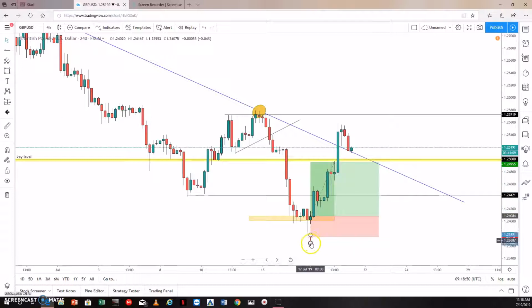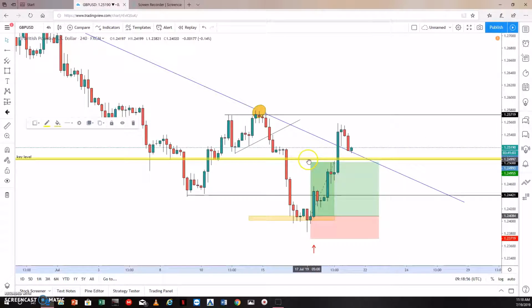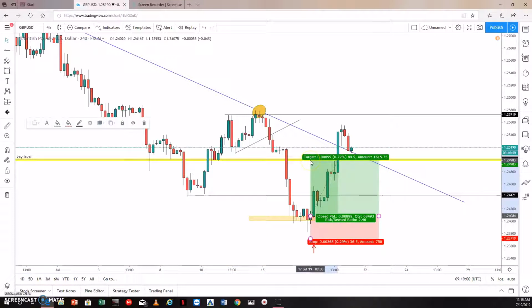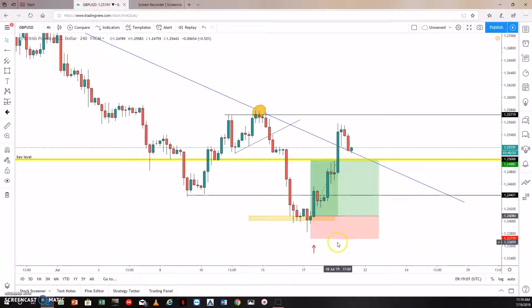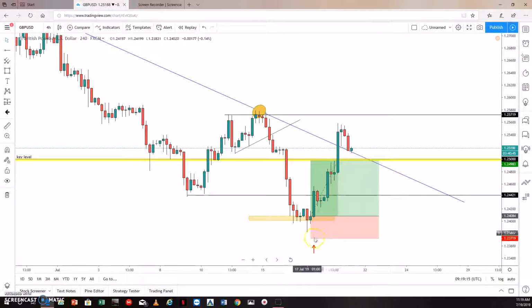My stop loss was fairly tight in this one. I risked in total just over 35 pips, and my target was just at that key level. So my target was about 90 pips on this trade. We've had some great bullish runs, but this one was really explosive, because right from there price just exploded all the way,